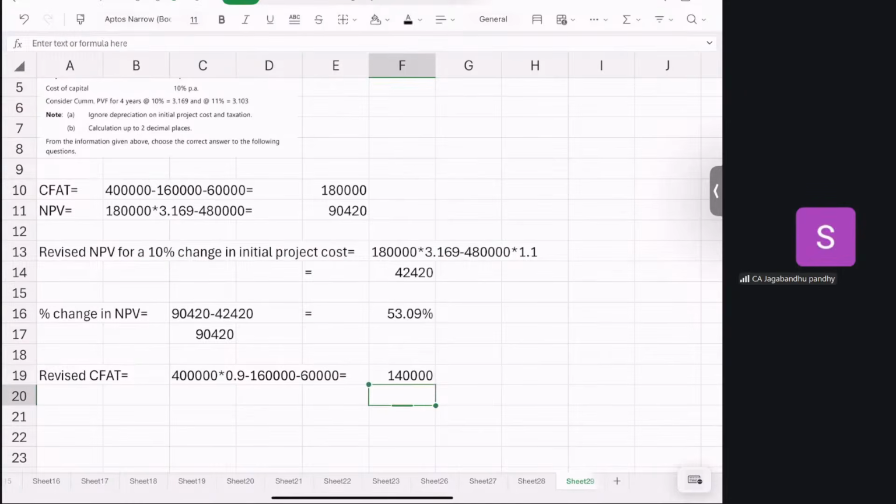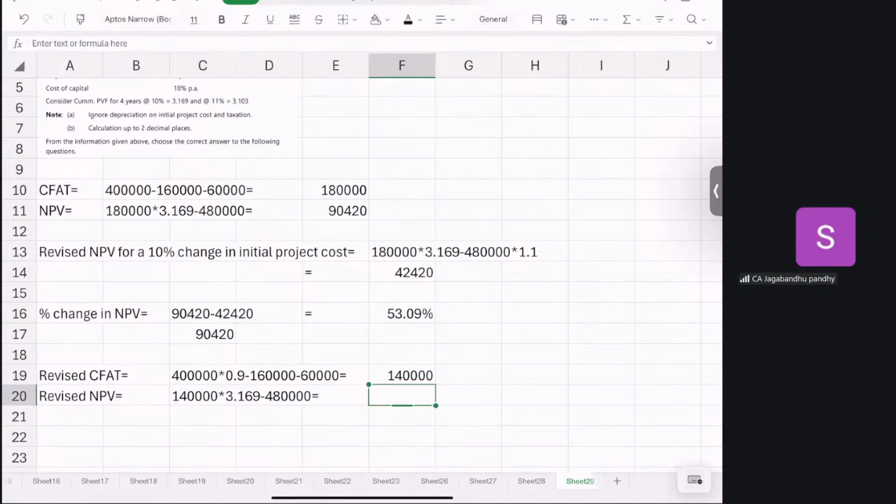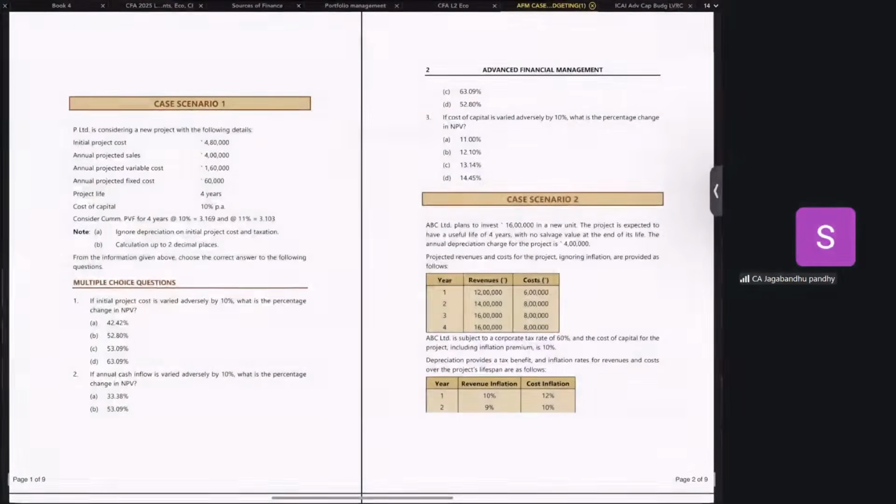So the revised CFAT is 1,40,000. And then we can get the revised NPV based on this. Revised NPV will be 1,40,000 into 3.169 minus 4,80,000. So the new NPV that we have is,